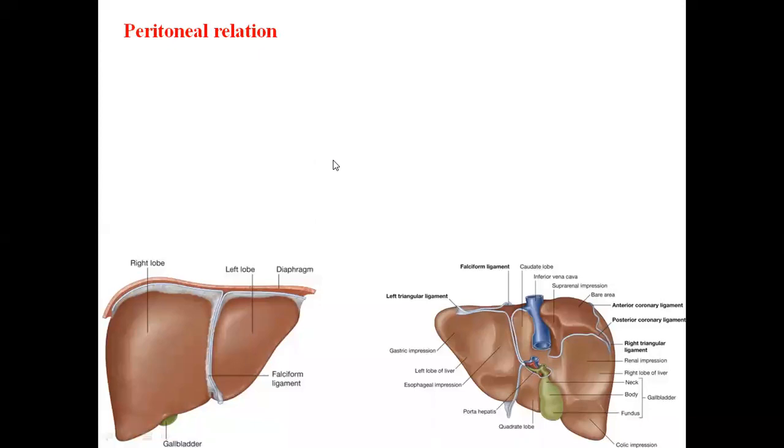Okay, let's come to the point. Most of the liver is covered by peritoneum, as I said before. You can see here this hazy color is the area which is covered by the peritoneum. But this area where you can see dark brown, that area of the liver is not covered by peritoneum.